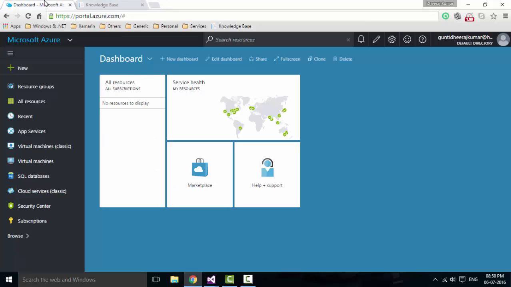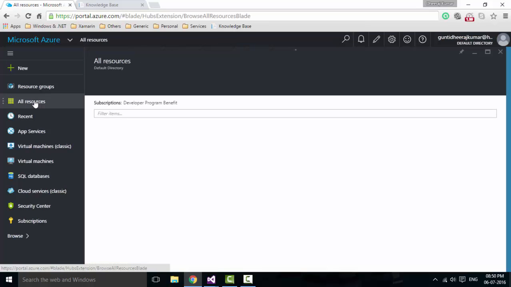So just log into portal.azure.com with your live ID or Hotmail ID, and just using Visual Studio Essentials, you'll be getting a 6 months of free subscription with a certain credit limit for every month, and every month the credit limit will be refreshed. So just start with a trial version kind of thing, and just go for all resources